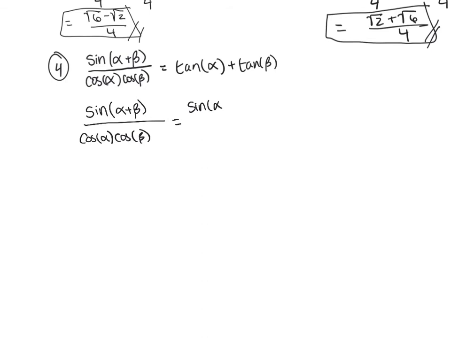sine of alpha times cosine of beta plus cosine of alpha times sine of beta over cosine of alpha times cosine of beta. So all I've done is I took my sine sum identity, I expanded it out, so this is what we